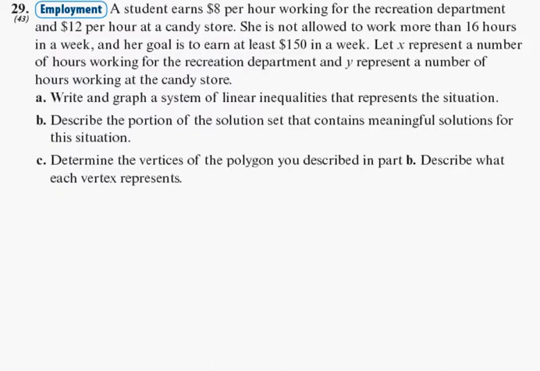I'm going to start with the number of hours equation. So I'm working on letter A right now. So A is that X plus Y, and notice it says she's not allowed to work more than 16 hours. So this has to be less than 16. Okay? Technically less than or equal to, I believe. And then our